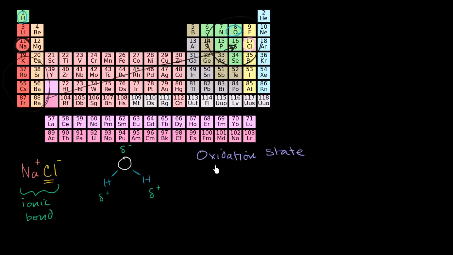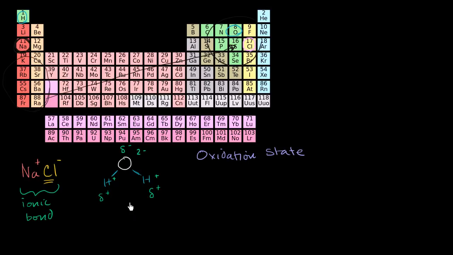And what the oxidation state is, even if you're in a situation where you have covalent bonds, you say, well, look, I understand. Those are partial charges. These are covalent bonds. The electrons are being shared. But I don't like this partial stuff. I want to just assume, hypothetically, what if these were ionic bonds? And you say, well, okay, if these had to be ionic bonds, then the oxygen would nab the electrons from these pairs. And so the oxygen would have a fully negative charge, a -2 charge, and the hydrogens would have a fully positive